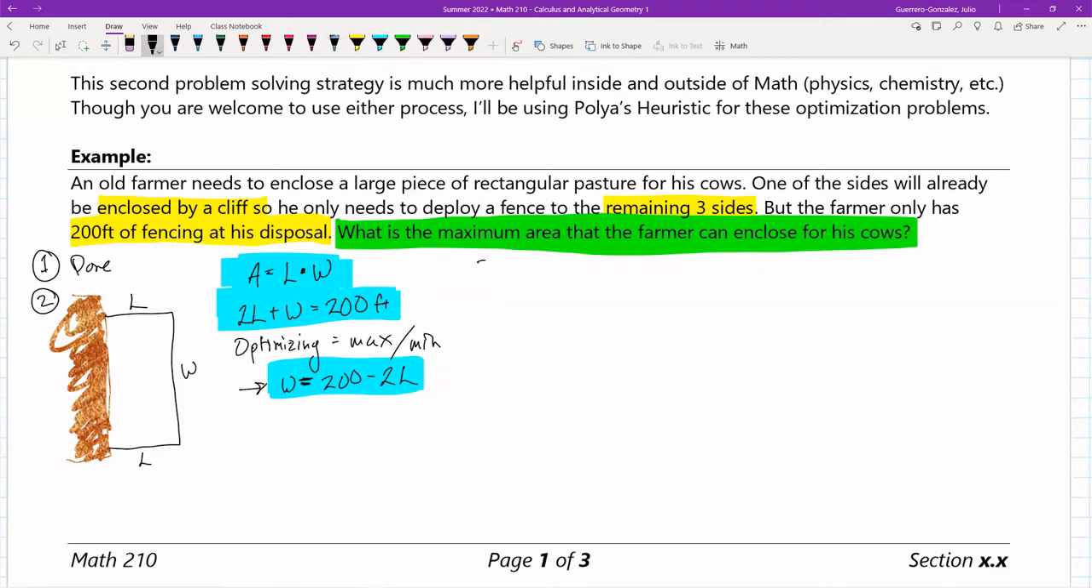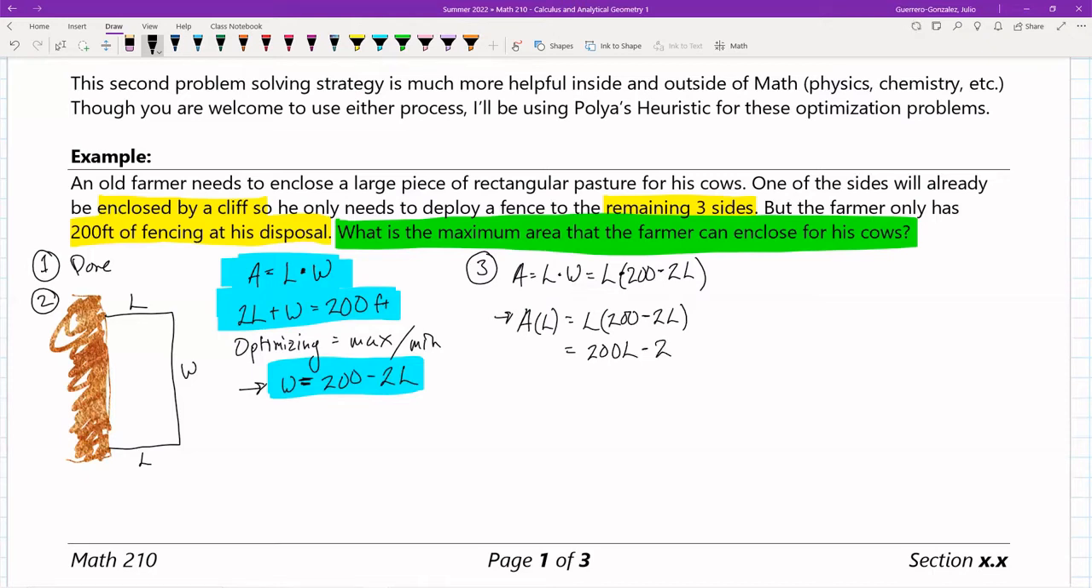We're going to go ahead and carry out our plan. Okay. So we know that W is this. My A is that. So A is equal to length times width. I know what my width is, so it's going to be length times 200 minus 2 times length. So now I have A solely in a variable of L, equal to L times 200 minus 2L,